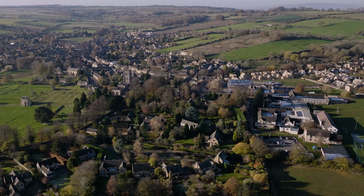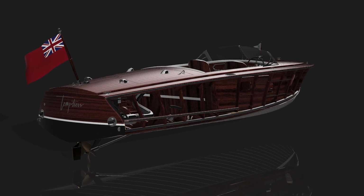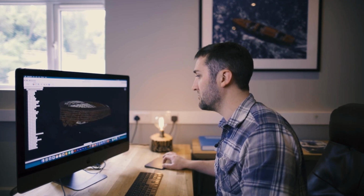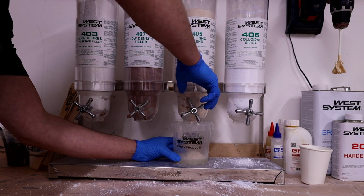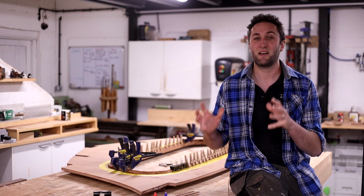I'm a boat builder from the Cotswolds in the UK, and I'm currently building a boat called Temptress, designed by Michelle Berrier and kitted by myself, to be built utilising the latest in CAD design, CNC cutting and modern epoxy wood construction. I have nearly finished all of the frames, and this is going to be the last video on